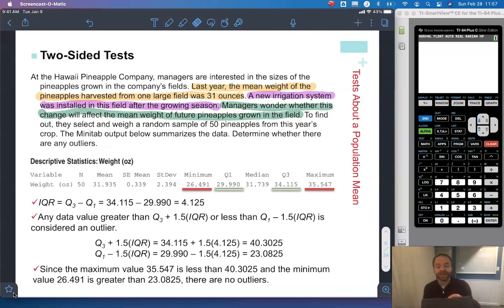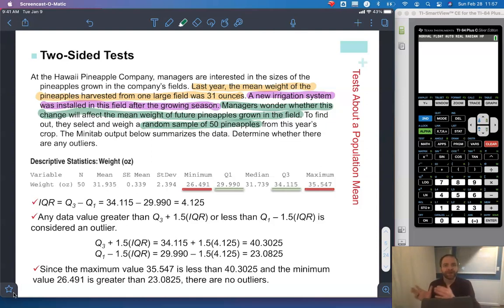And so what they did is they took a random sample of 50 pineapples from this year's. So again, old irrigation system, they grabbed a random sample of 50 after that new irrigation system, and they wonder, will it have an effect? So notice it doesn't say will it improve or will it worsen. It says will it have an effect. It's not specific about direction. It doesn't say is it going to be better or is it going to be worse. So in that case, if it's not specific, if it's just does it impact, then I'm looking at a two-sided